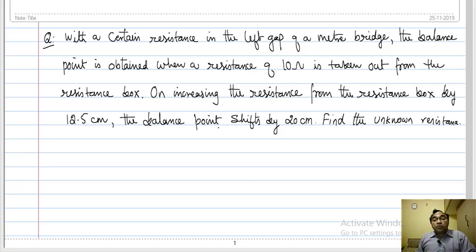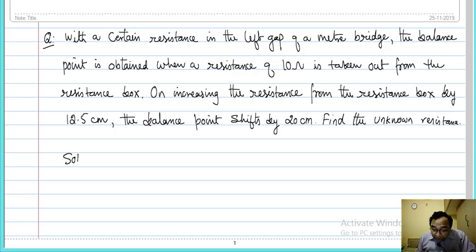Let us take one more question on meter bridge. The question reads like this: with a certain resistance in the left gap of a meter bridge, the balance point is obtained when a resistance of 10 ohm is taken out from the resistance box. On increasing the resistance from the resistance box by 12.5 ohm, the balance point shifts by 20 centimeter. Find the unknown resistance. So let us try to understand what is given in the question